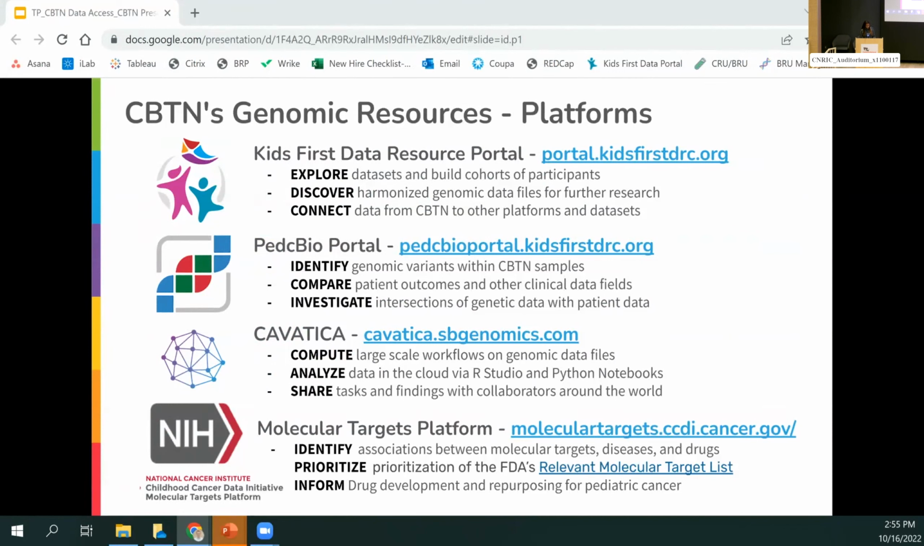Also, the Kids First PedcBioPortal is our data visualization tool where you have your processed data files, where you can identify your variants of interest, compare patients' outcomes, and investigate intersections of genomic data. And then lastly, Deanne just mentioned the molecular targets platform, so I'll skip that one. But until all of our data is migrated into dbGaP,